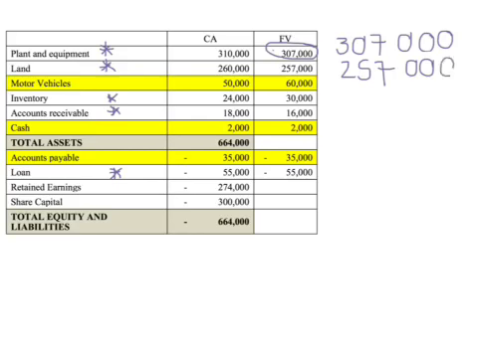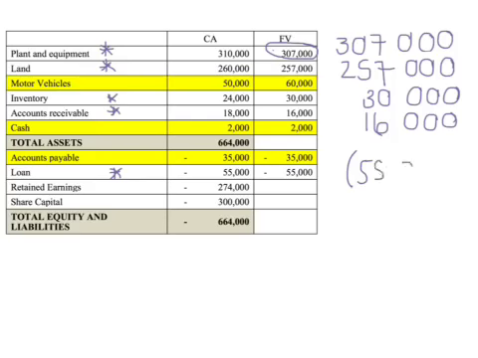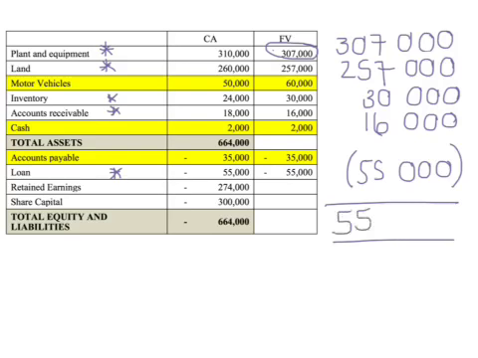257, 30,000, and our accounts receivable is 16,000, and then the loan that we assume is 55. So that gives us a net asset value at fair value of $555,000. Okay, so this is the amount that we'll then compare to the consideration that is transferred to see whether